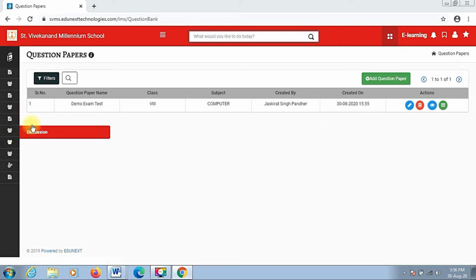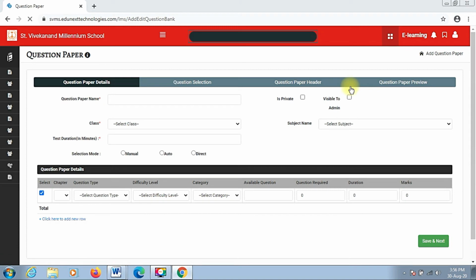Here you can see demo exam test. This is for objective type of questions. Let's add a question paper for subjective type of questions. If you are creating question papers for objective and subjective, different question papers for different things, click on add question paper,